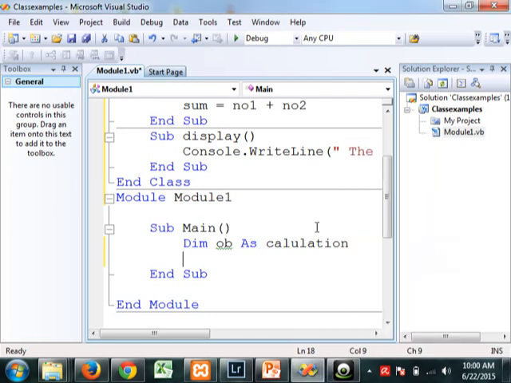Alright, so now there are two things when you make an object. One is called declaring an object and another is called instantiating an object. This is what is called a declaration. I have declared OB as of type Calculation, which is a class. Now, if you do not instantiate your object, then you cannot use the members of